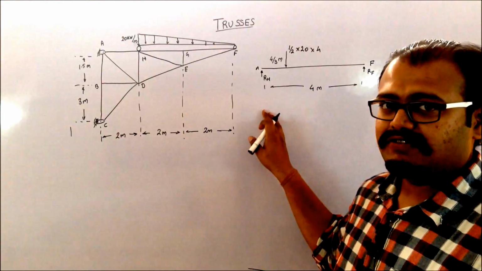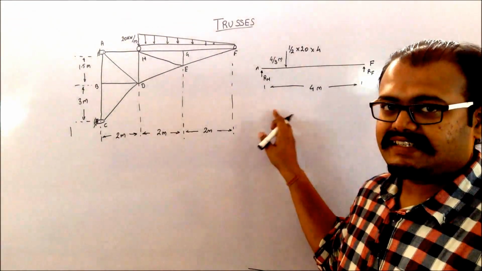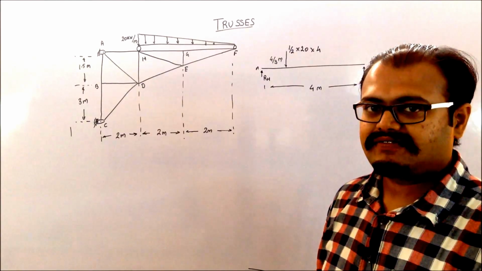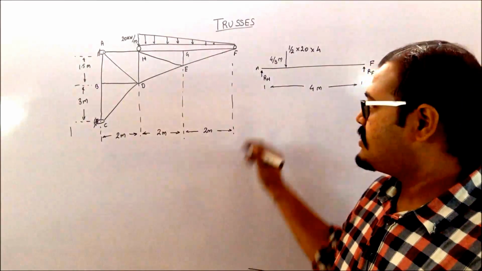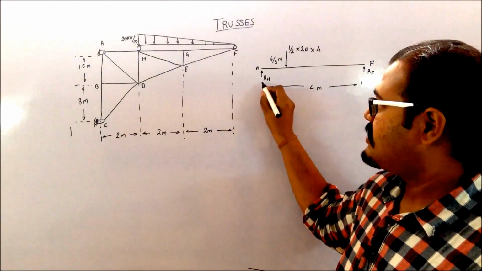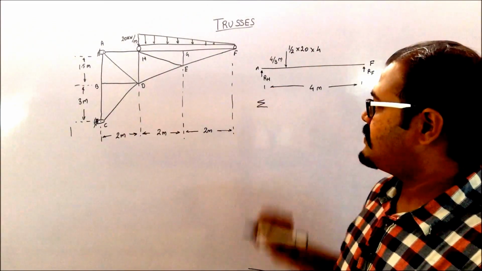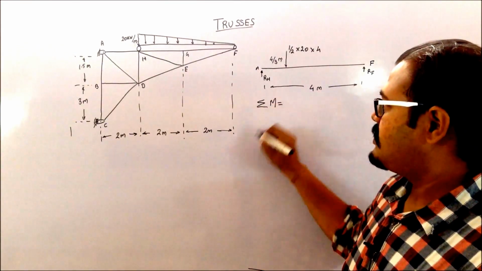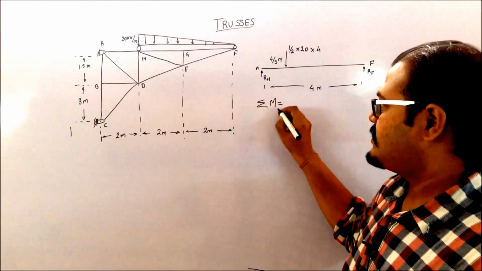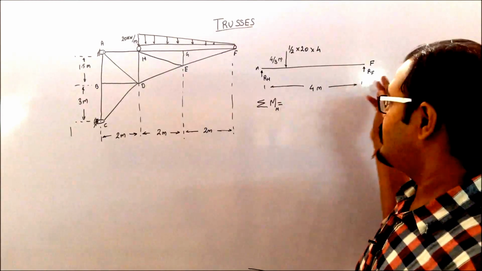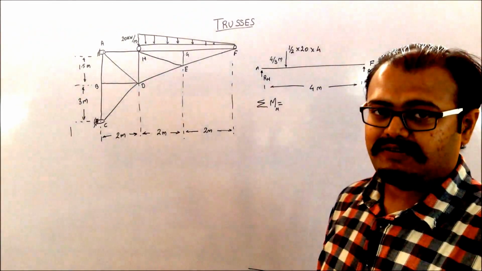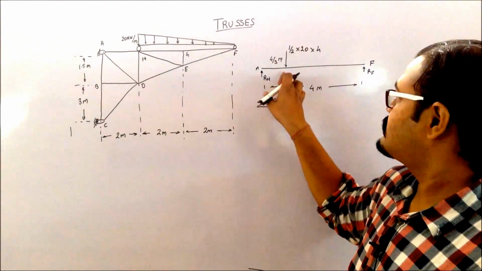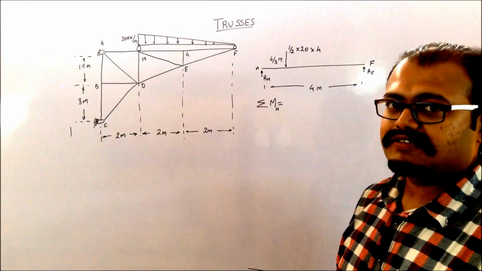So basically I have to find the reaction forces at H and F, which will be given by summation M and summation F. Now the first I will pick up as my summation M. Now my summation M, I will be taking it about H. I can pick up any point, I can pick up F also, but then you have to calculate the distance of F for this particular force.